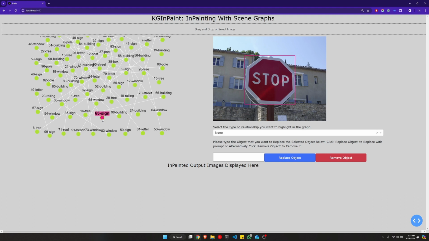So you can see the sign has been marked under this pink bounding box, which is the bounding box predicted after the scene graph generation process. So since this is highlighted in pink, we highlighted the corresponding bounding box in pink here on the image as well. What you can do more with the scene graph itself is that you can analyze the scene graph corresponding